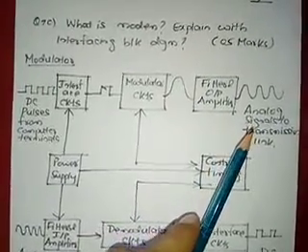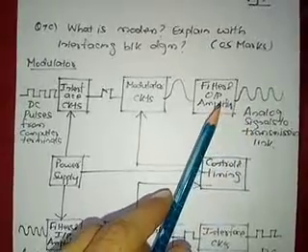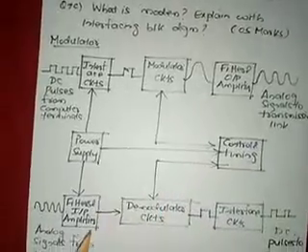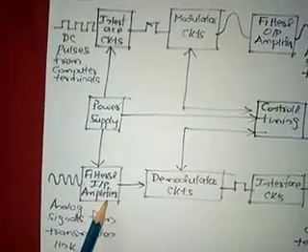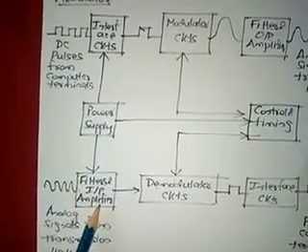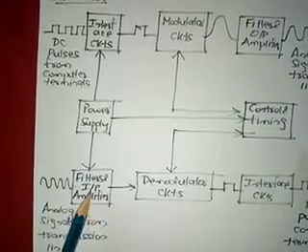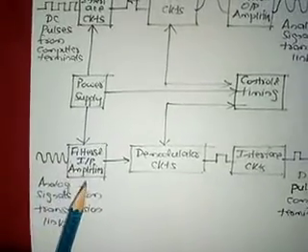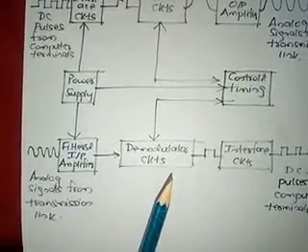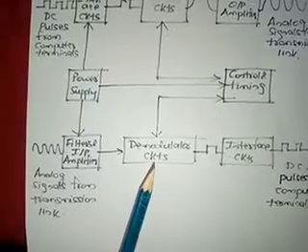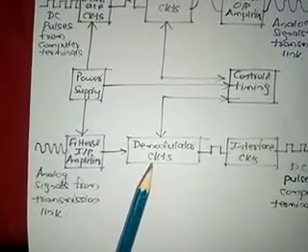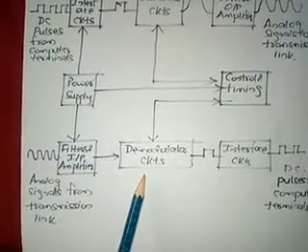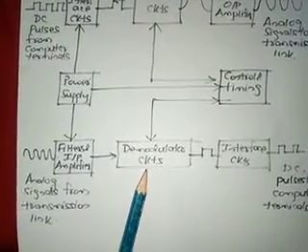So we are getting the analog signal here. Analog signals are transmitted from the filter and output amplifier block, right? These analog signals are again applied to the filter and input amplifier in the demodulator section. It filters, removing the noise and unwanted signals from the received signal, amplifies it and applies it to the demodulator circuit. Demodulator is a block which separates the information signal from the carrier signal.